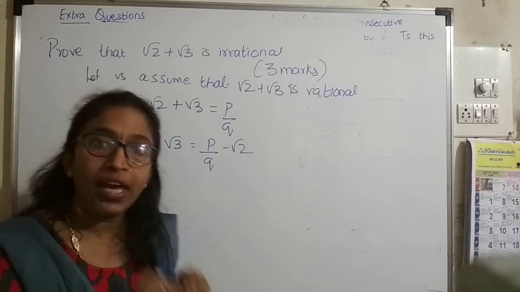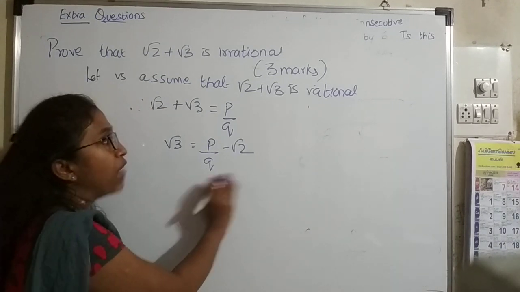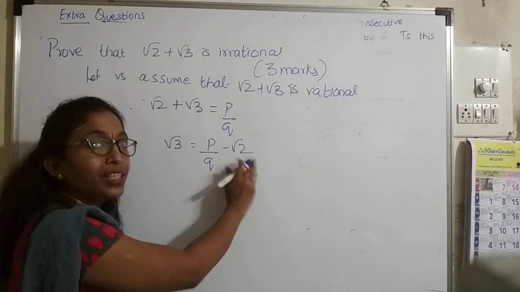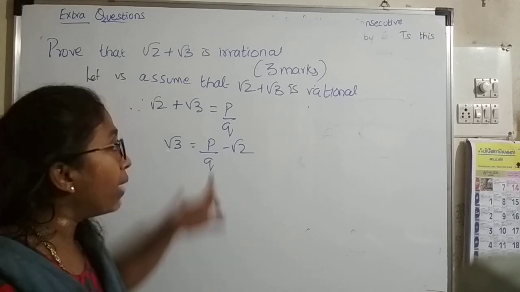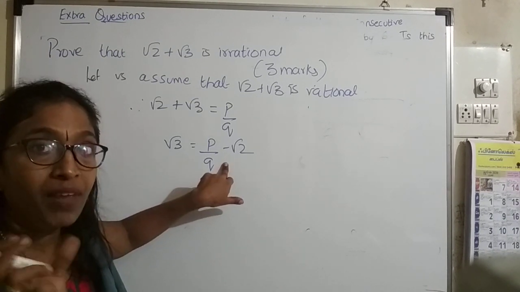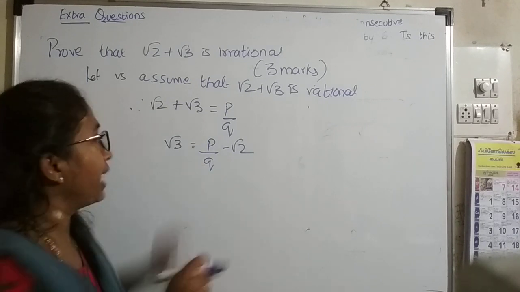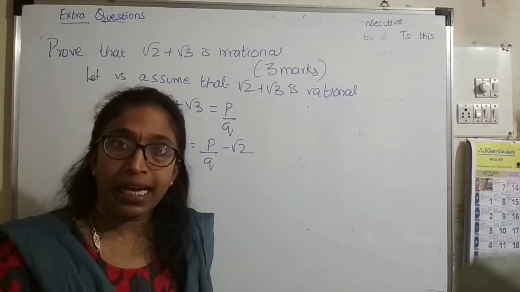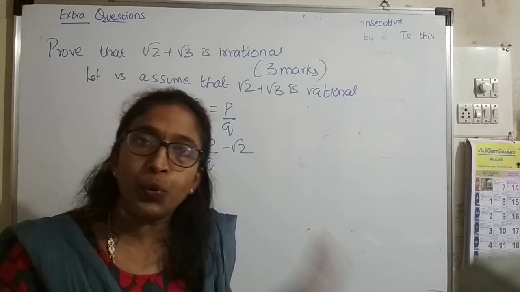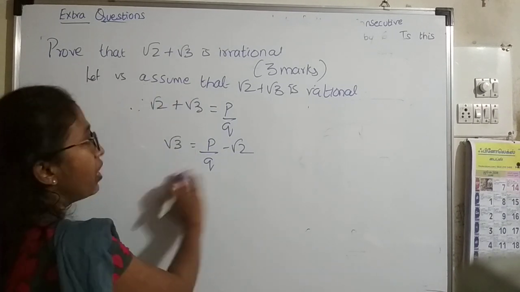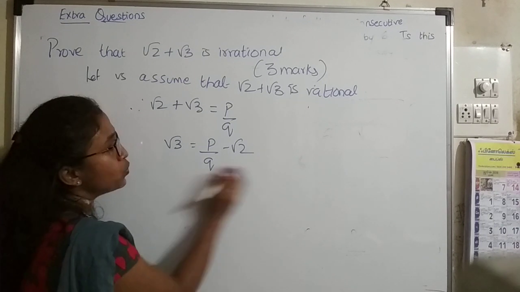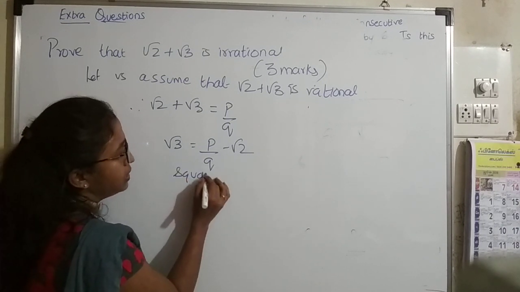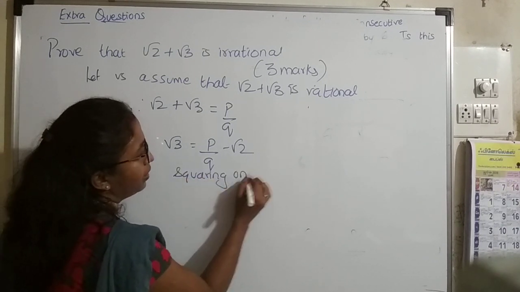So here we will square on both the sides. Okay, so if you square on both the sides, this will be in the form of identity a minus b the whole square, and the root sign will go, correct? But one middle term 2ab will be there, where you will have the root sign. What is our aim? Our aim is that we should have only one root sign. Okay, so here we are squaring on both the sides. So when you square on both the sides, just see whether our aim is fulfilled.